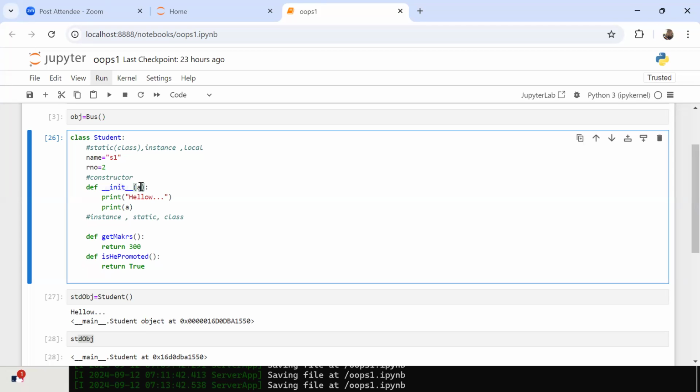So what is my A type? Object. It is an object of which class? Student, the current class. So this argument name, any name you can give it, A, B, C, D, E, F, like that. But it is my current class object, my own class object, right? So most of the times, 90%, you can see the name like self. Self means myself, my own object or not? Yes or no?